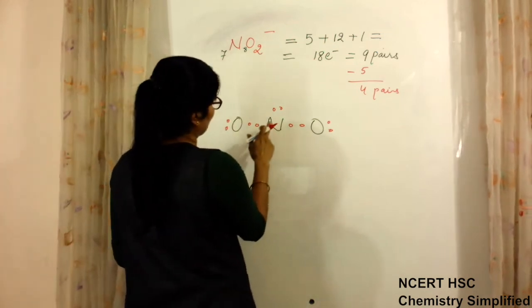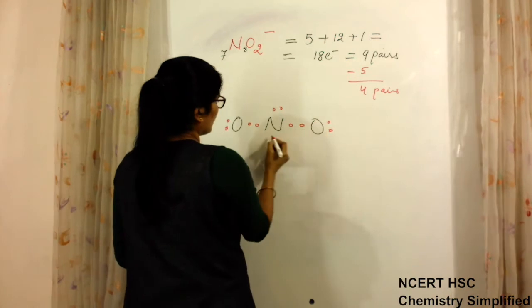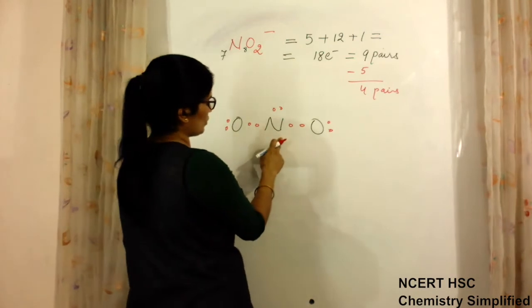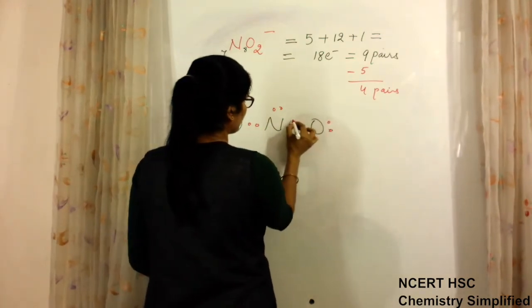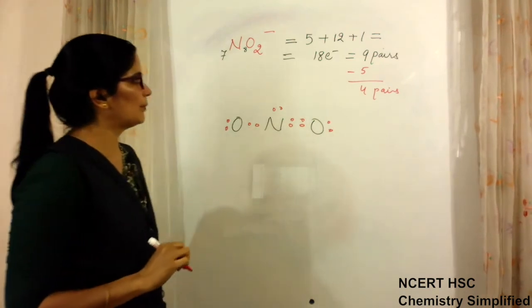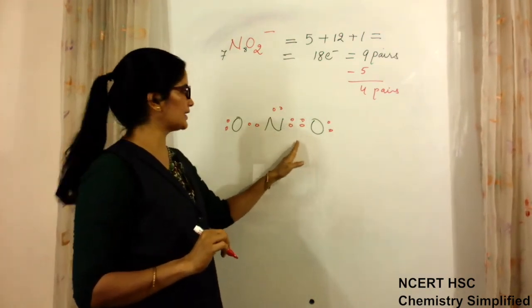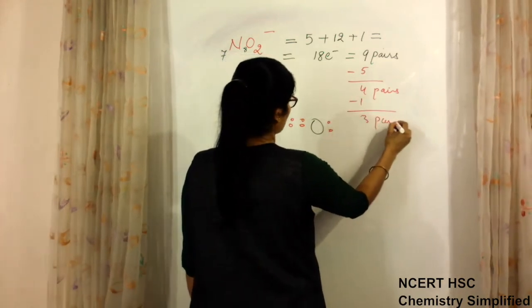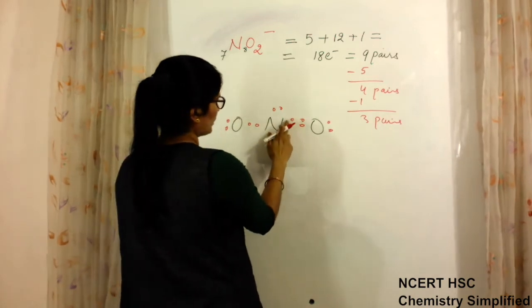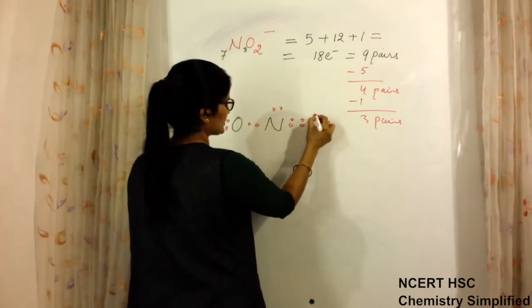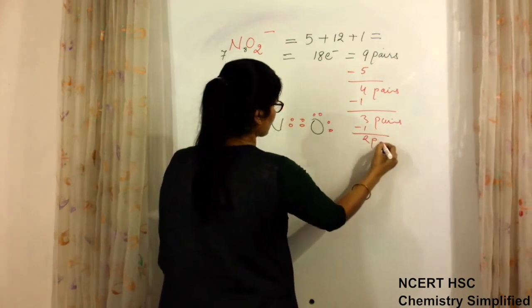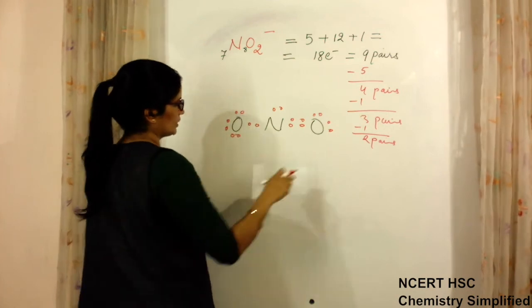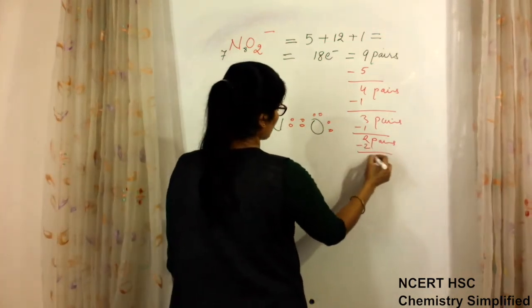Okay, now let us see. 1, 2, 3, 4, 5, 6. Okay, 6 nitrogen has already obtained. Now 4 pairs are there. We can do one thing, that we can put one more pair here so that we can have double bond one side. Okay, now minus 1, so we have 3 pairs left. Now 3 pairs left, 1, 2, 3, 4, 5, 6, 7 and 8, minus 1, 2 pairs left. 1, 2, 3, 4, so 5, 6, 7, 8. 2 pairs we have used, so we are left with 0 pair.